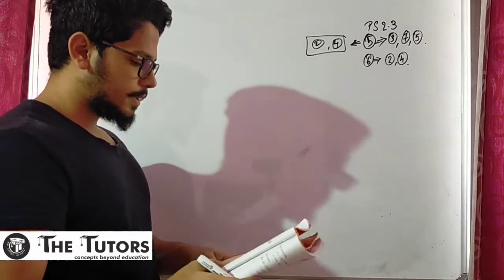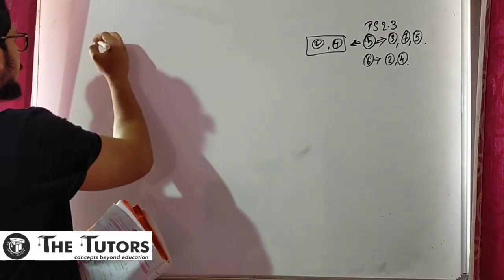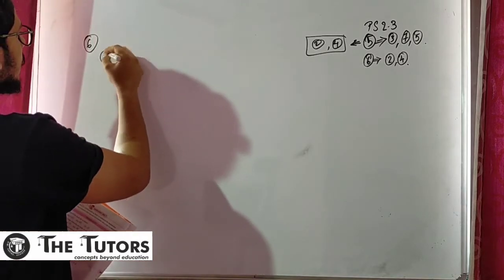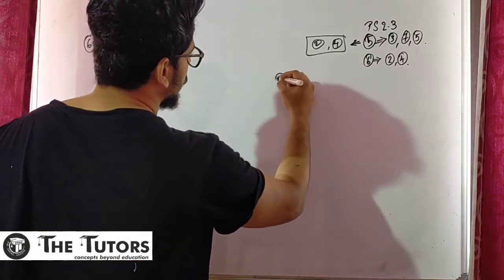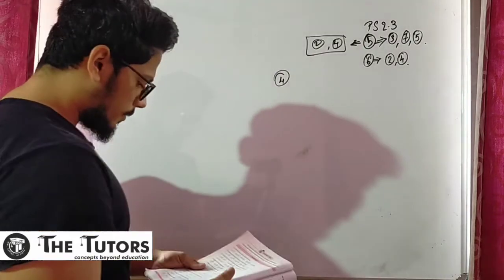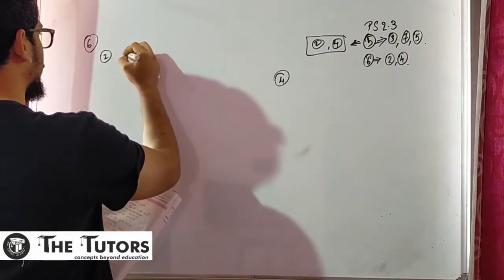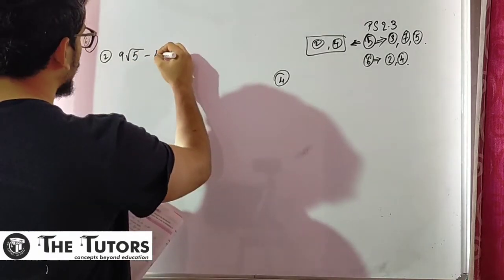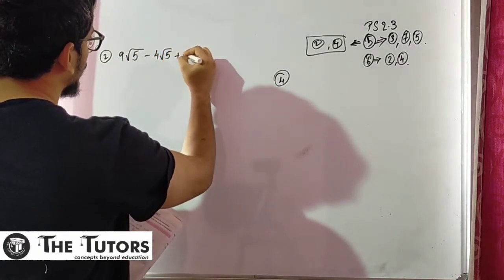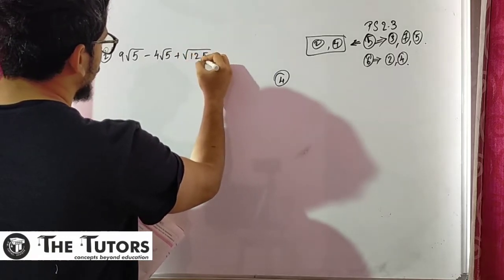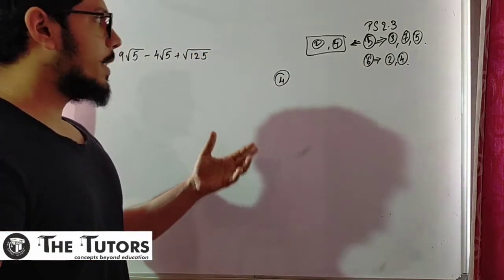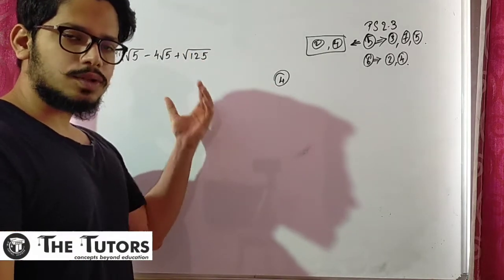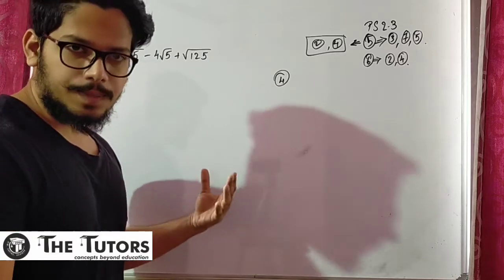Now we will be solving the sixth question. Sixth question में से हम solve करेंगे the second one and the fourth one. What is the second question? Second question is 9 root 5 minus 4 root 5 plus square root of 125. This is the question of simplifying. मतलब आप ये सब numbers है, इनको simplify करके एक छोटे से छोटा set लेके आओगे, ये आंसर में आना चाहिए.